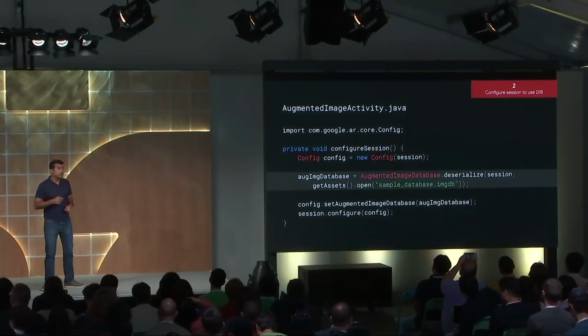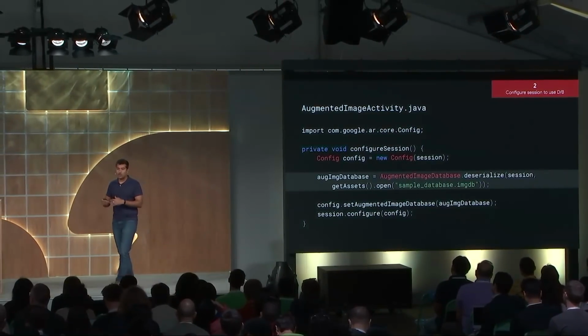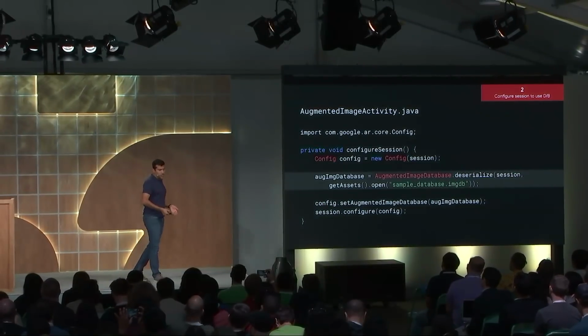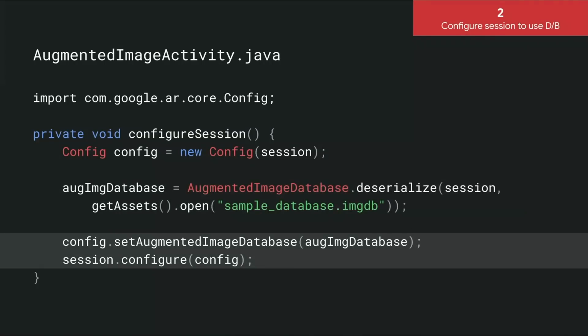The second thing with any ARCore app is to create and configure an ARCore session to do a particular thing. As Ranjit did in the case of augmented faces, we'll do so now in the case of augmented images. You create an ARCore session, and then you take the augmented image database that you created earlier, you decode it, and you pass along the decoded database as a parameter into the ARCore session config. With these simple code lines, you should be able to create and configure an ARCore session.